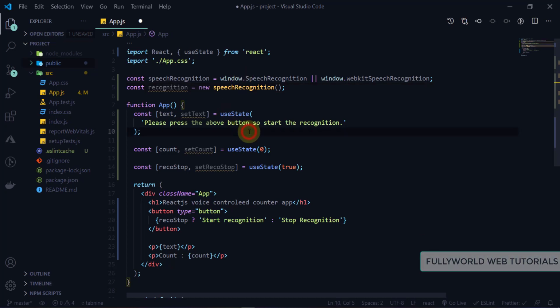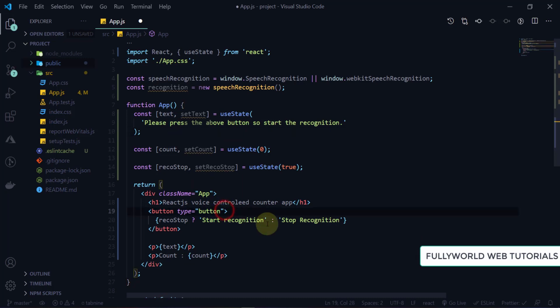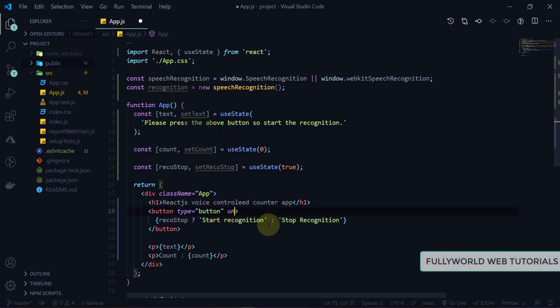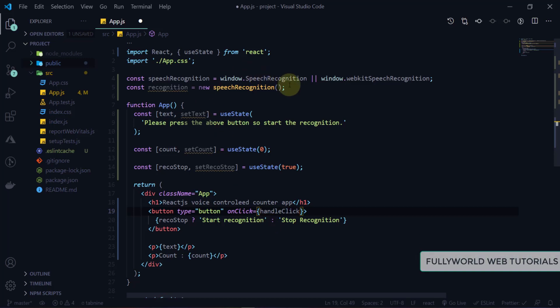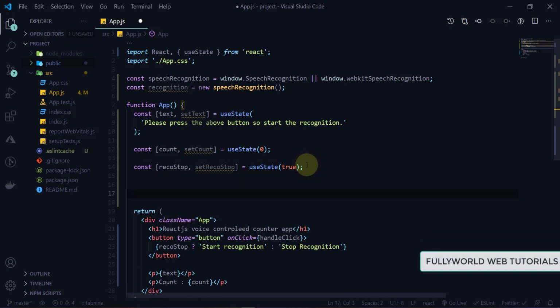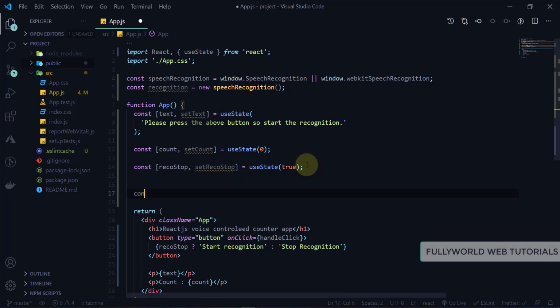Now what do we have to do? Now we have to add an onClick on this button. On click there will be one function there. This is our event handler. We will handle our click here. So let's go here, and here we will write const.